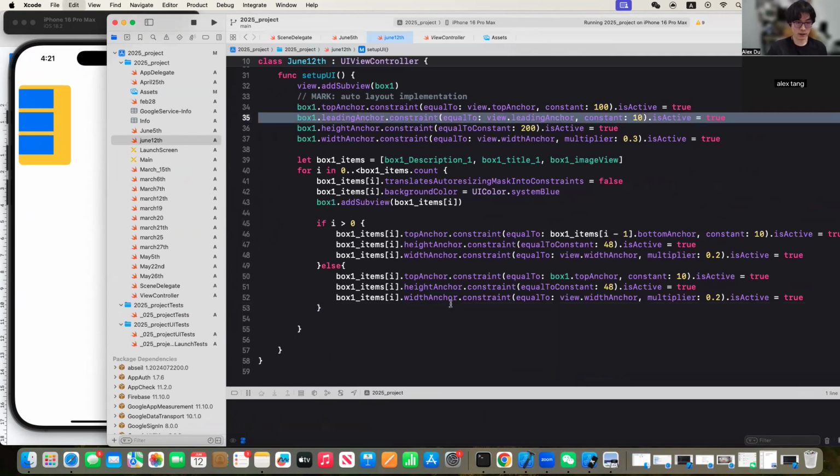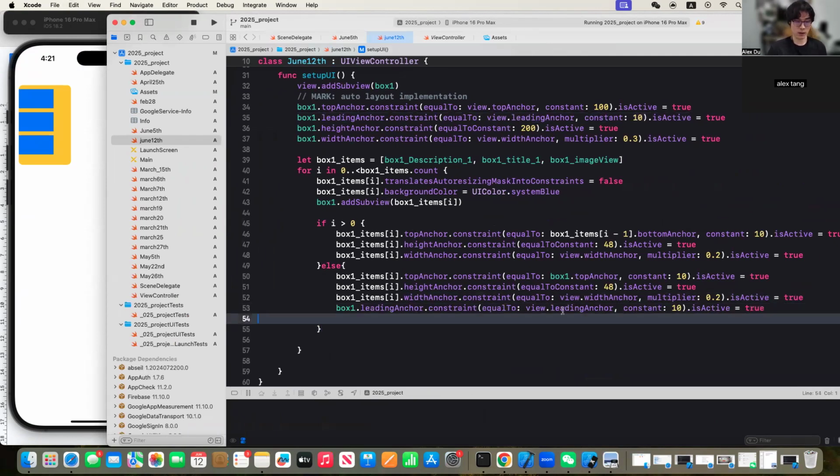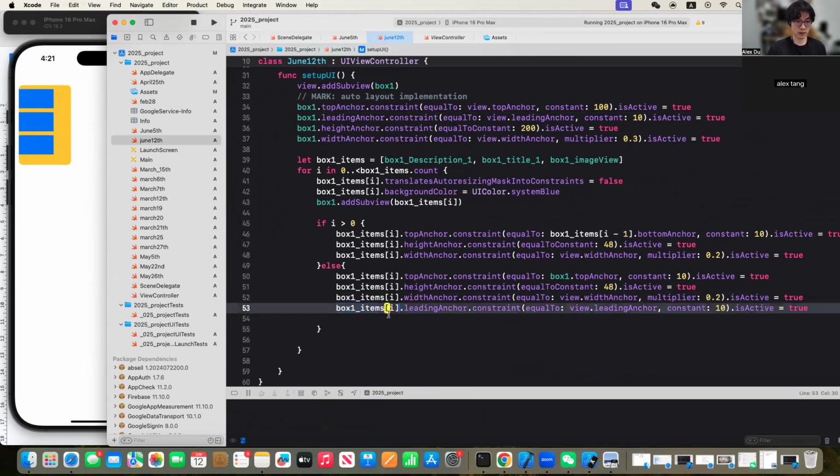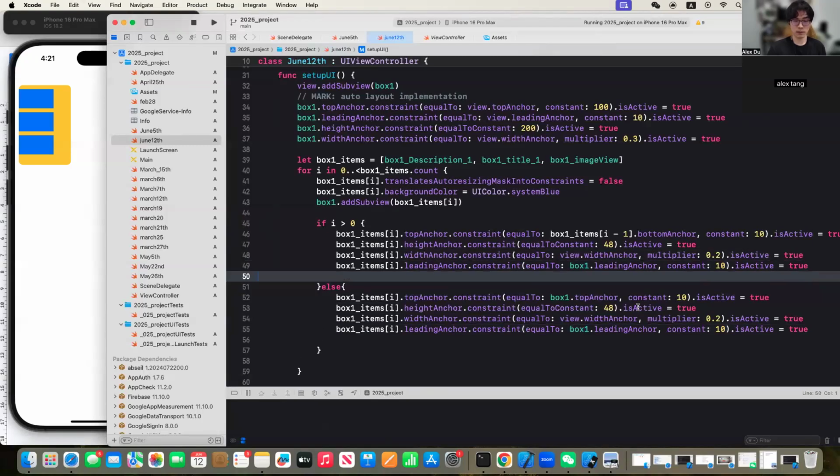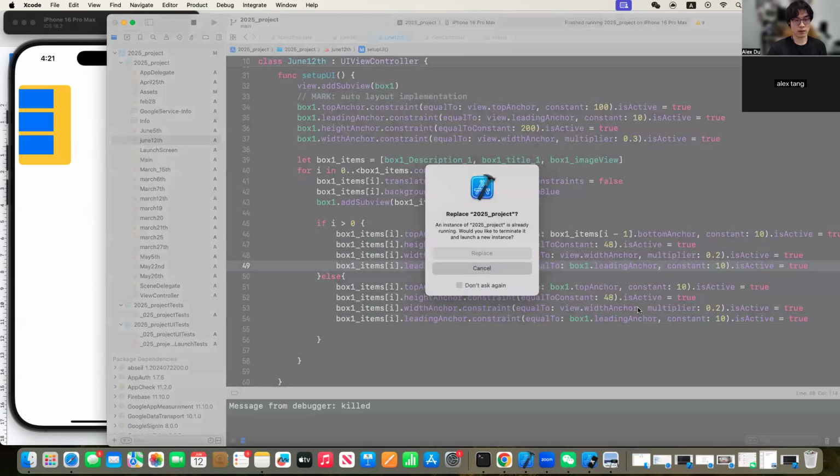And you can also add a leading anchor if you really want. So for instance, I'm going to have this one here, and then the leading anchor now is going to be a box leading anchor, right? So this one, I need to have this one as well, right? As you can see,